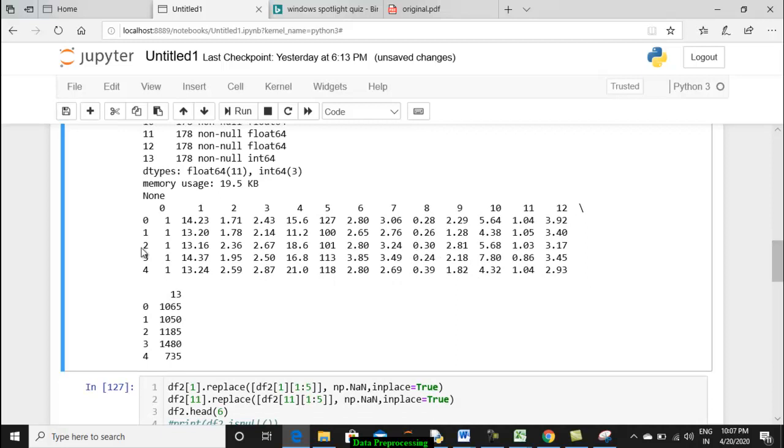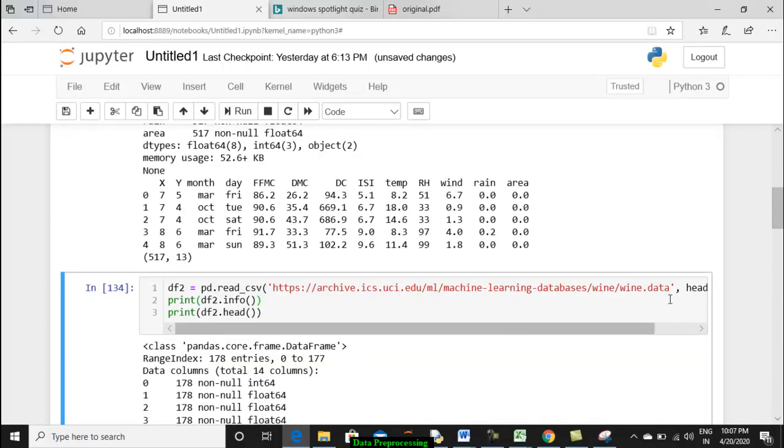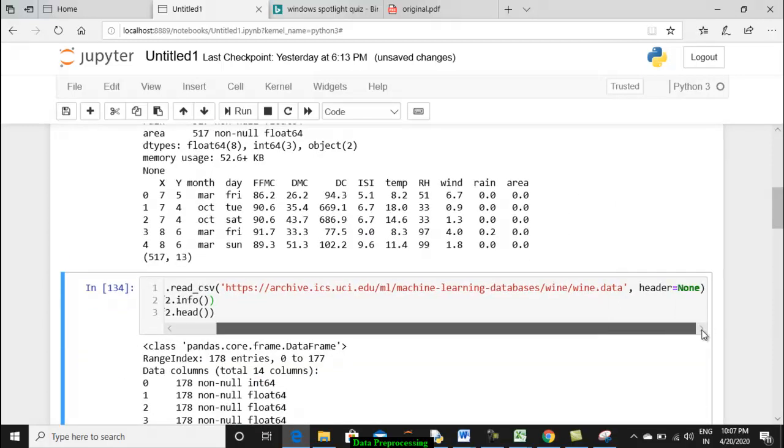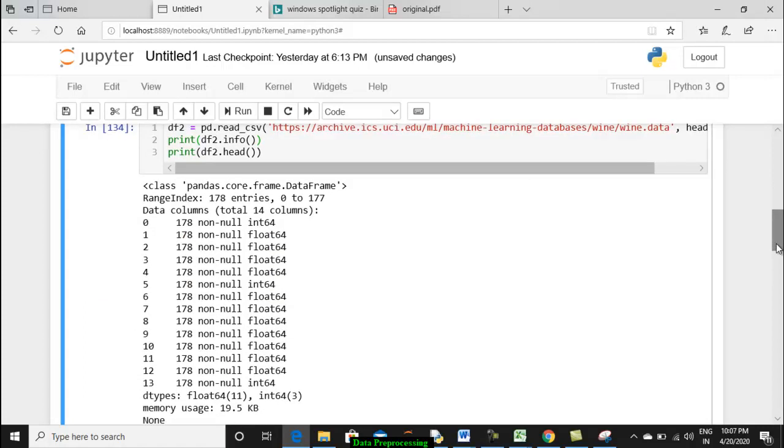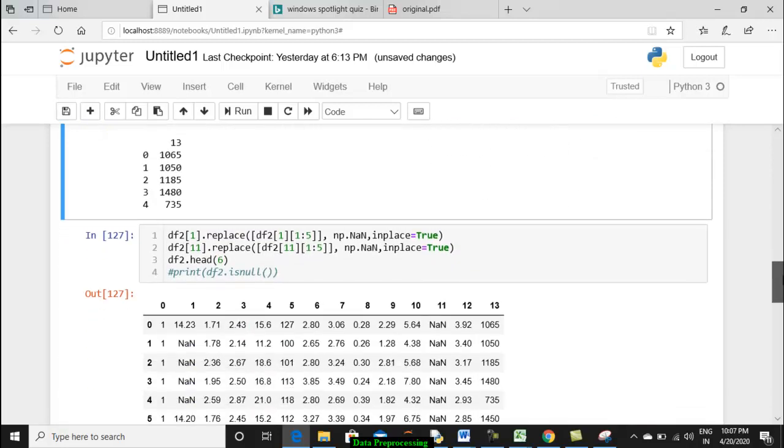Okay, and the headers are not getting printed because when you are downloading from the data set, factually we don't know whether the attributes of the columns are already available or not, and hence as a precaution I have given the value of header to be none. Later on, by looking at this info, you can add whatever columns are available.